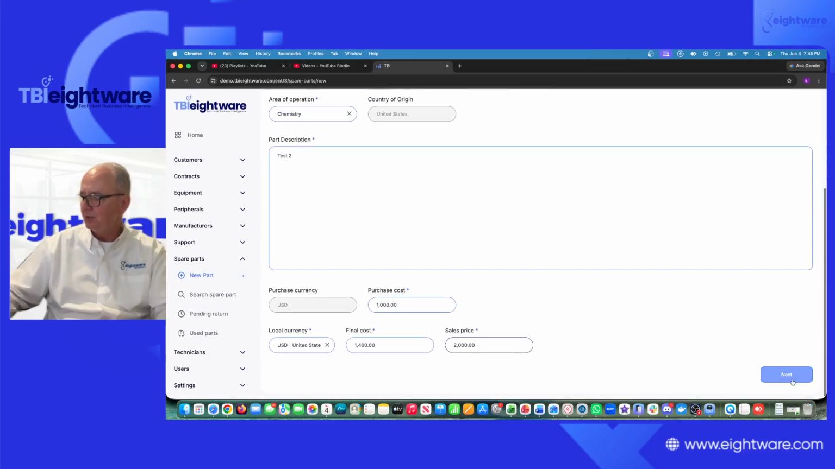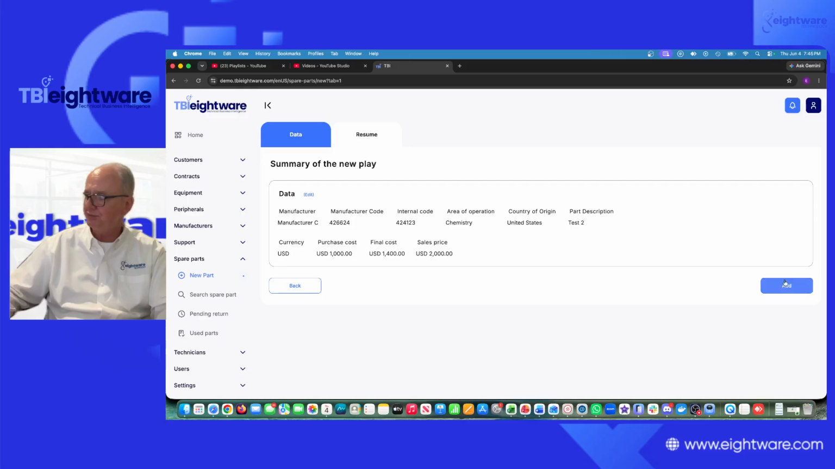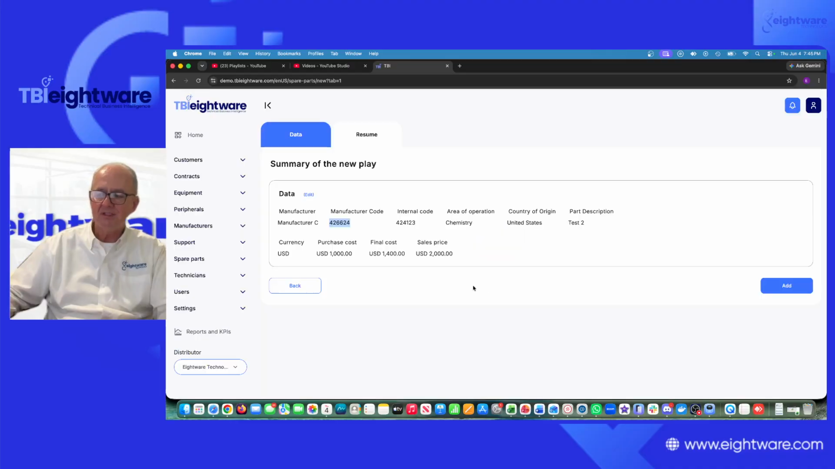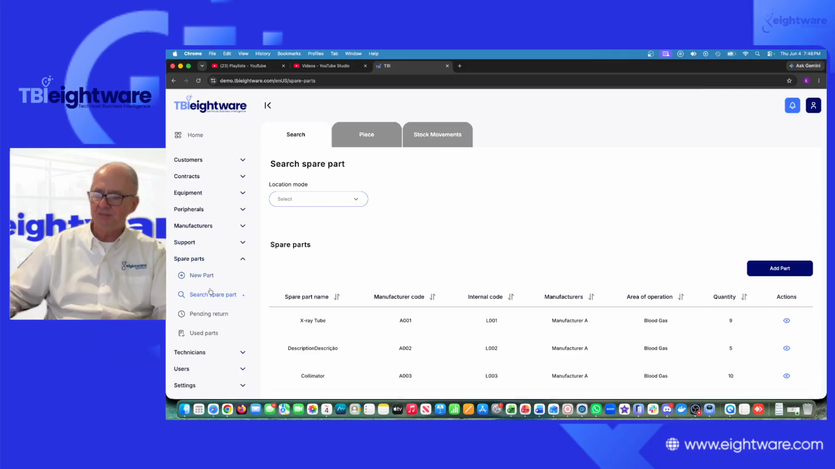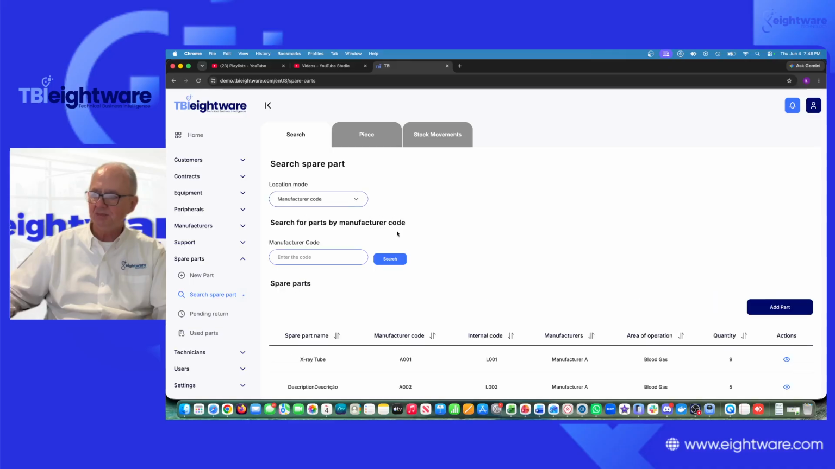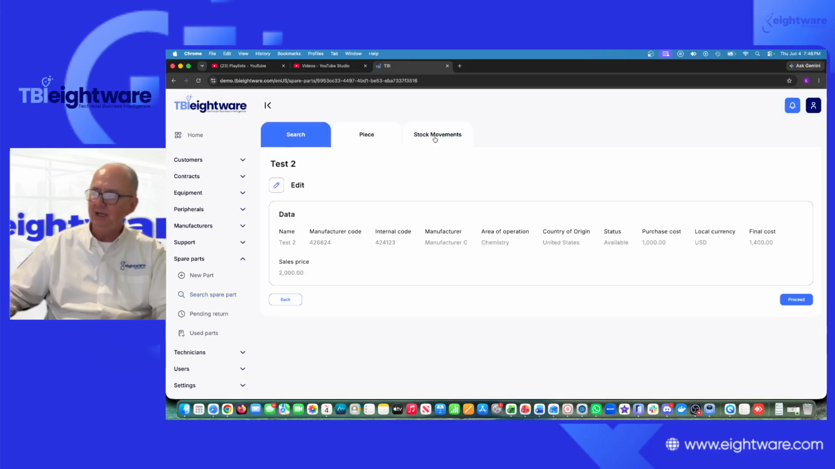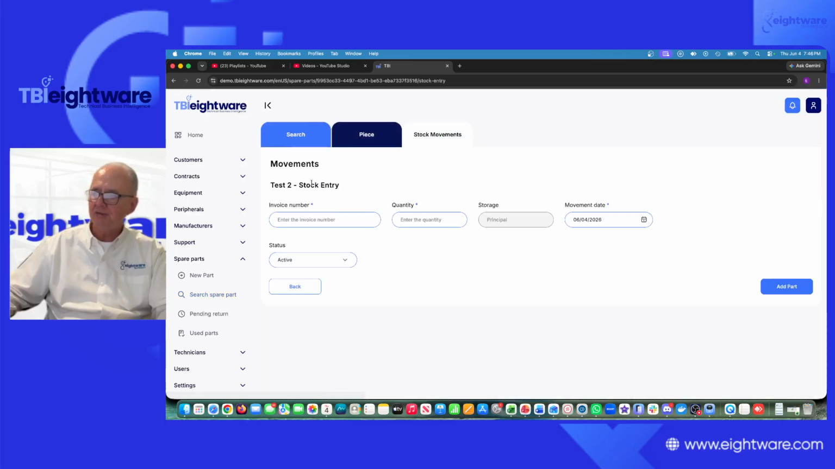And then you go to next, it shows you the resume, and I'll take this part here just to show you how to enter that. Add, okay? Item registered, new item registered manually, okay? So if I go back here to the spare parts, search spare parts, and I search this spare part by the manufacturer code, search, it is in here. I look at that, I have 0 quantity, and I click here and say, okay, stock movements, stock entry, and I say invoice number, quantity